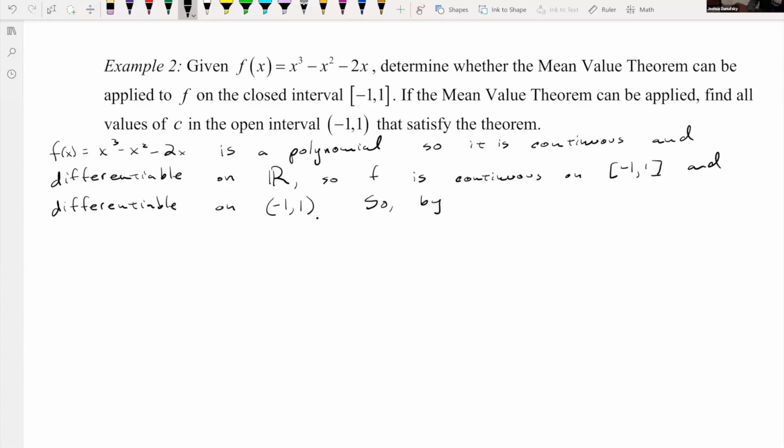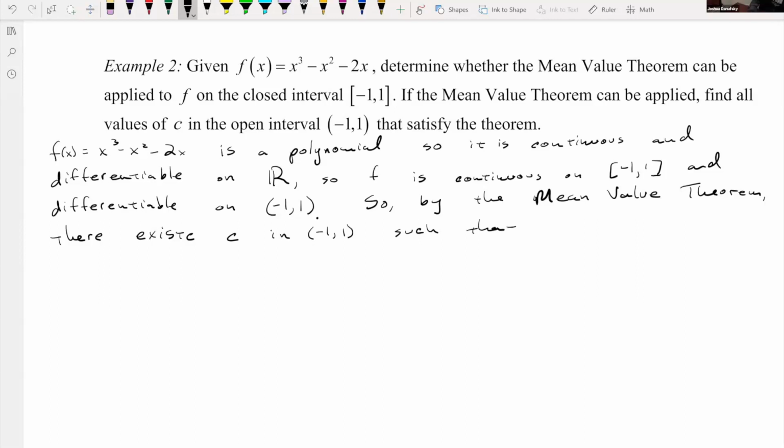So by the mean value theorem, there exists C in this interval